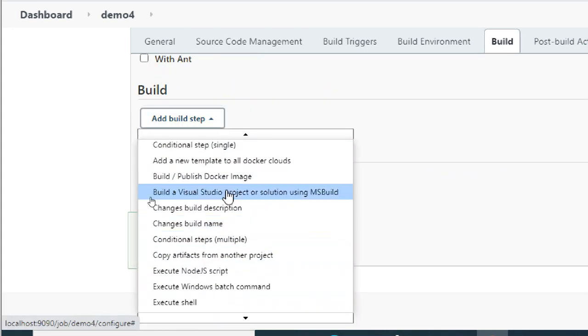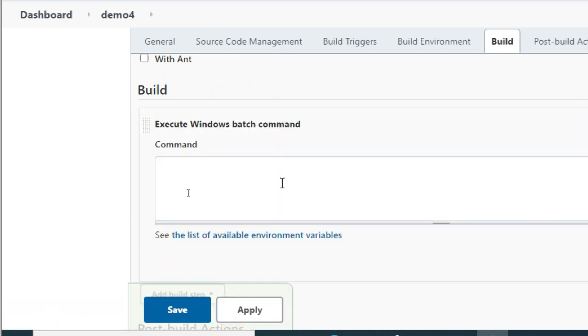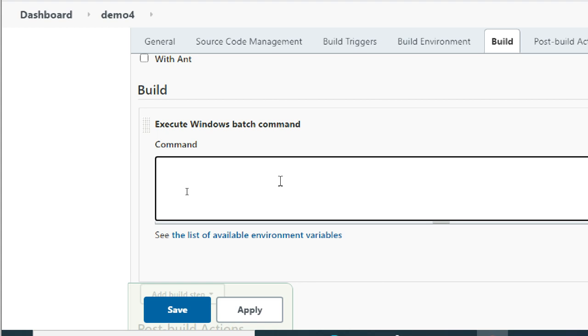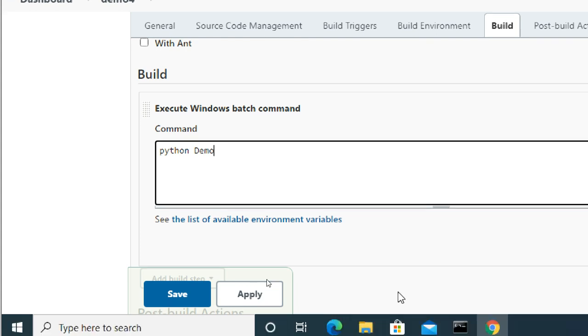Okay. And here, same as before, invoke Windows execute batch commands are there, no? That one is simple. Here I don't need to search for the local location. So the command is python demo. I want to know that file name.